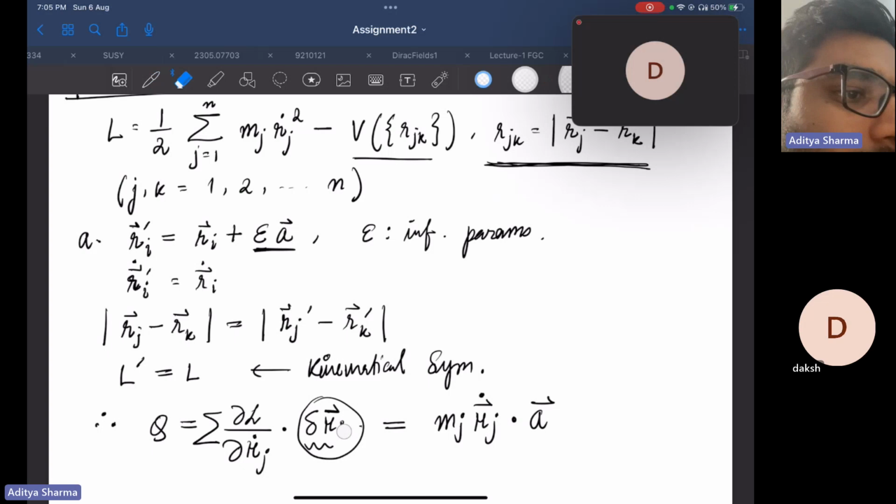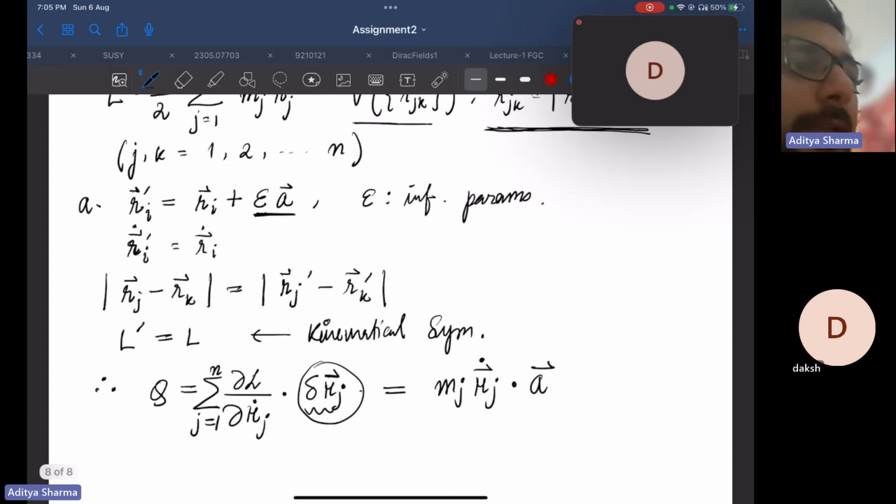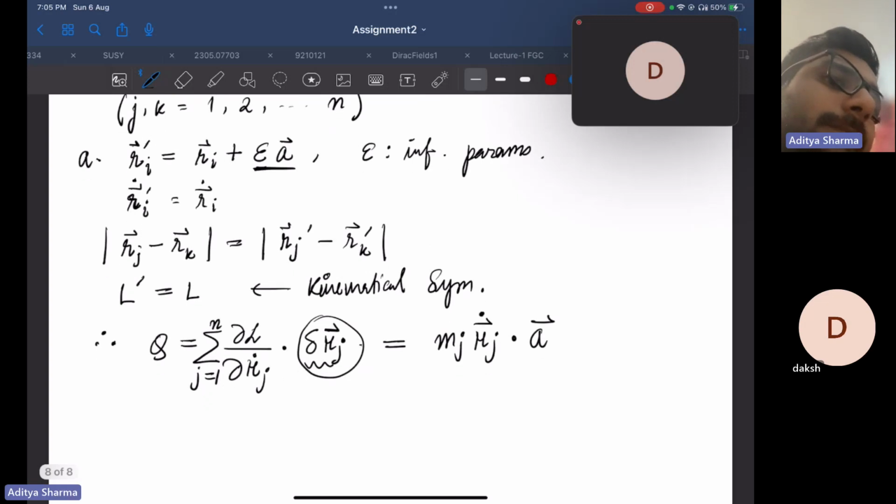I should have just made this. And j should be from 1 to n, the number of particles. Right? This is correct. So delta Rj is actually dou L by dou S, in our case this is